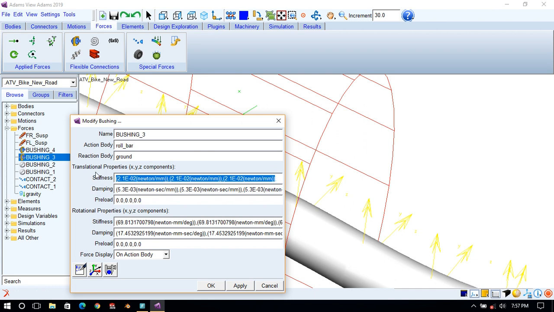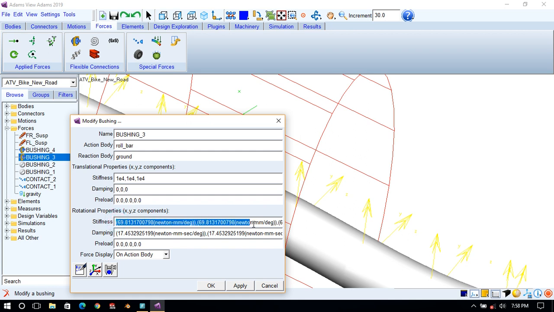So here 1E4, comma, keep translation stiffness high so that it will not have any linear motion in any direction, because the roll bar should not have any linear motion. It will have only rotation, but about only one axis. So damping will be kept as 0.